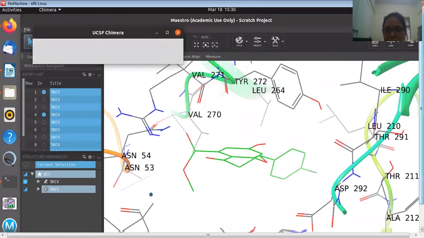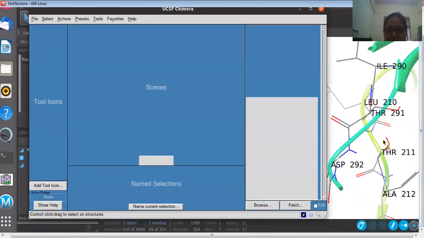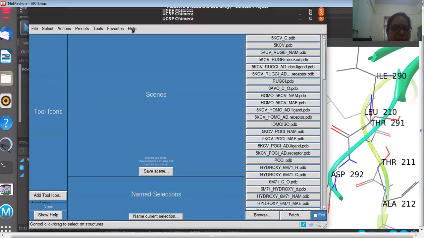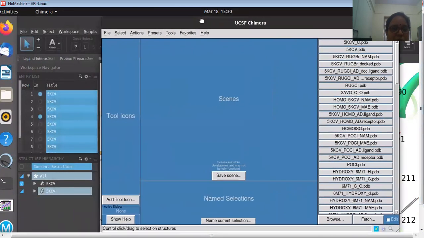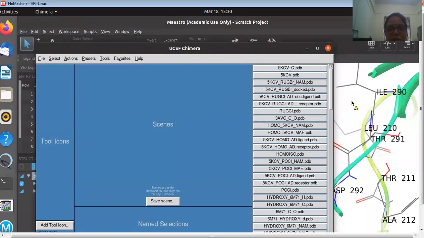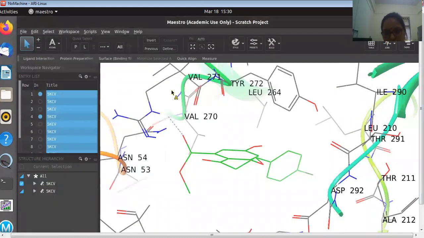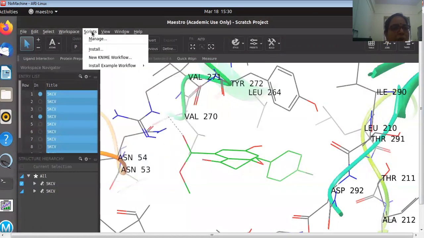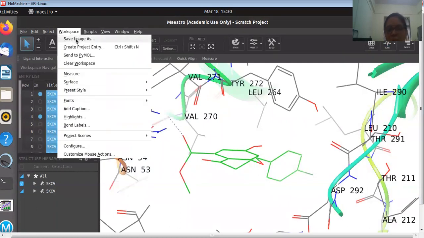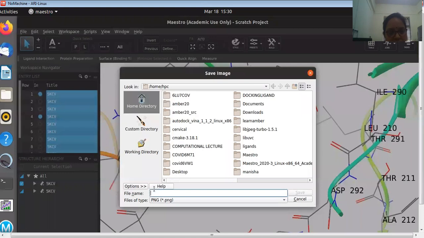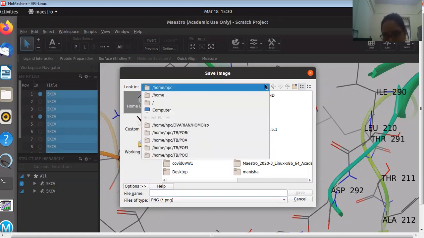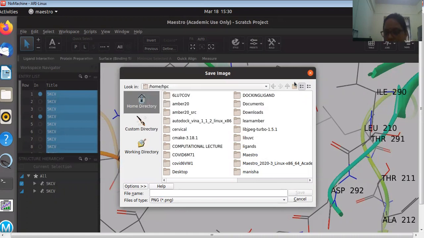and I will tell you how you have to prepare the files for the Amber tutorial. Okay, this will also help you make publication-quality images, an important step which I would like to tell you how to do. Like this image, suppose I want to make it a publication image. So here I have to go to Window, Workspace, Save Image As. So it will be this one. Here you can give PNG and the image will be developed. You can give a path, for example the desktop, otherwise it will save in the master folder. So instead of that, you can select the desktop or whatever you want. Okay. So this is how you will make it.